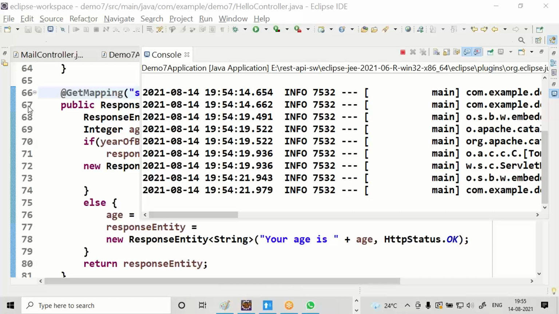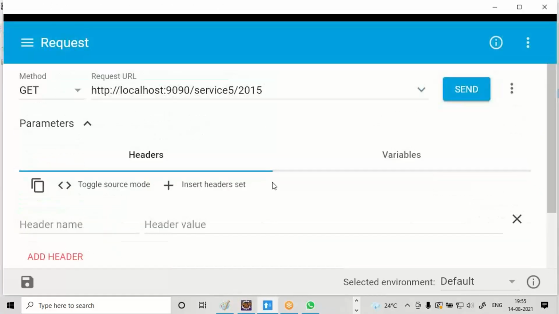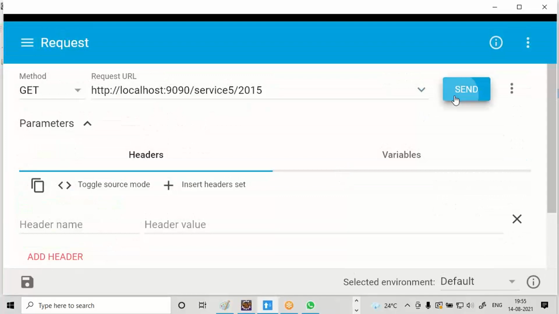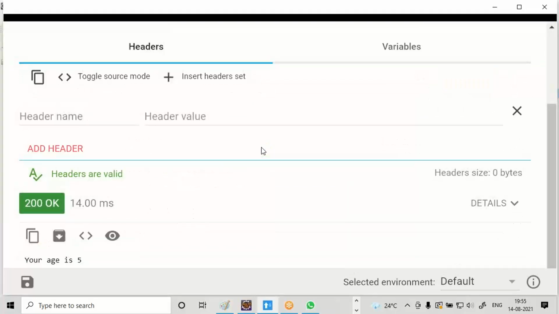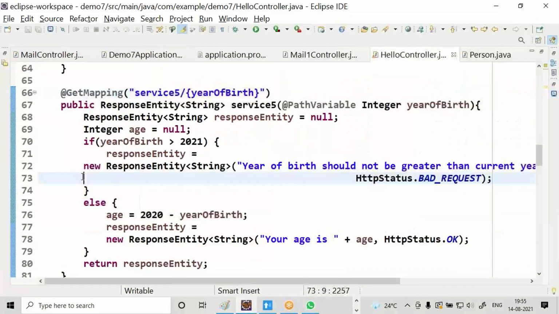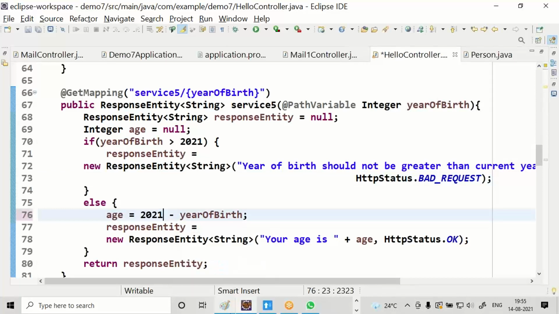Now you can make a request to the same. Guys, click on set. Come to the bottom. Here is the change required.